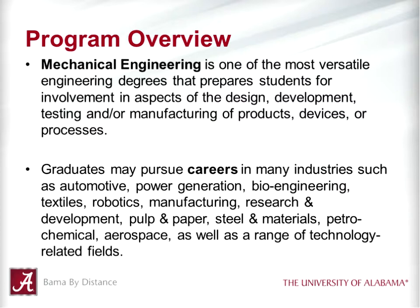And you can do any kind of work at the graduate level, which is mainly what we're talking about today. Graduate level projects might involve analytical type studies. They might involve experimental studies where you've got actual hands-on work, or they might involve a combination of those two, where you're doing some sort of numerical study and then backing it up with experimentation. Now, experimentation works better for the on-campus students, but